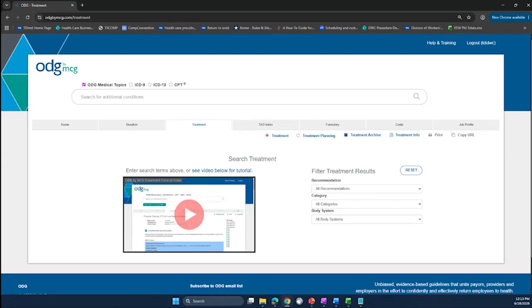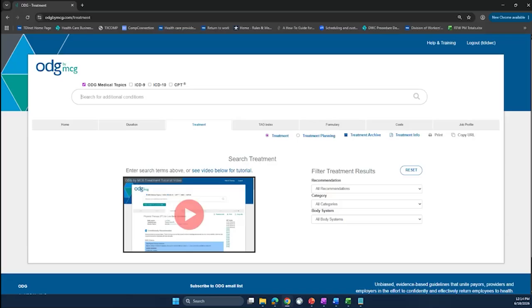Something to keep in mind, this resource changes. I don't know if you have maybe a doctor who has been in this system a long time and maybe they bought the ODG book back in the day, but it's not the same thing. Or maybe you had the subscription a couple of years ago and printed out a common section like the low back treatment plans, but it's changing, right? So again, it's a good idea to have this subscription.